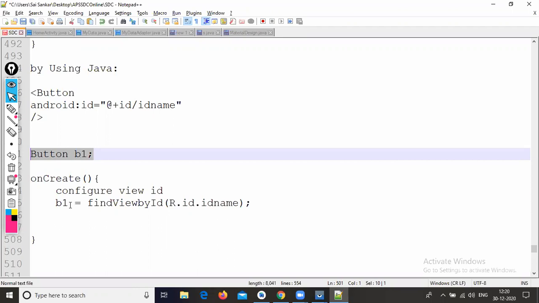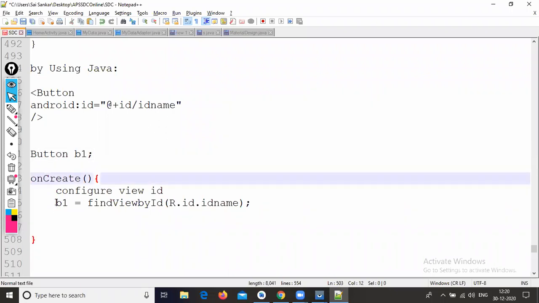If you create a global variable, we can use that variable throughout the class. If you create a local variable, we can use that variable only inside the particular method. That's why here I'm creating a global variable. It is not mandatory to create a global variable; based on our requirement, you can create it.